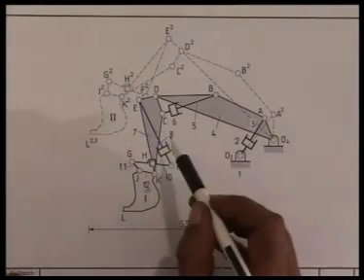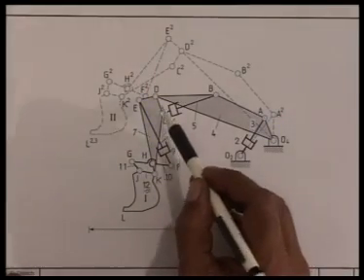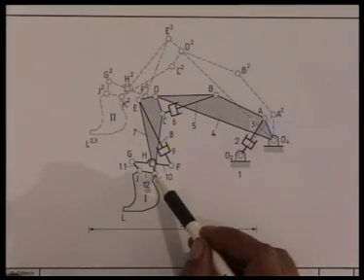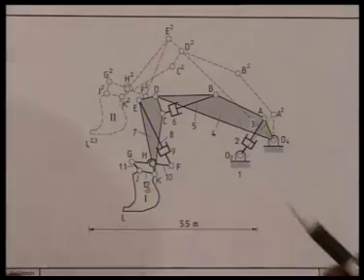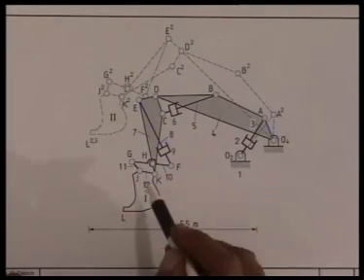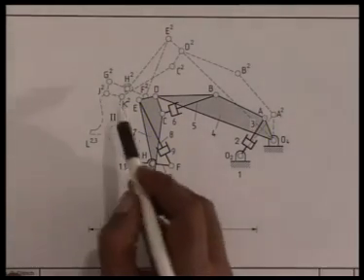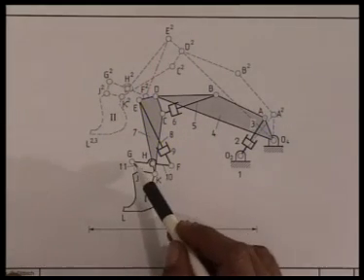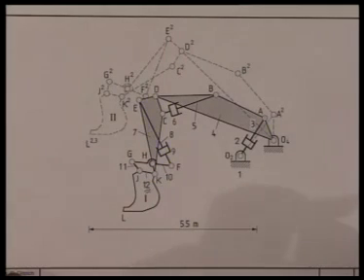Link 7 has 5 hinges on it, C, D, E, H and K. So, this is a link of 5th order. The question is, when these J and K move to J2 and K2, can we locate the corresponding positions of all other revolute pairs? To solve this problem, first we note that